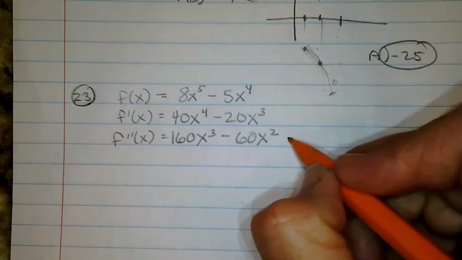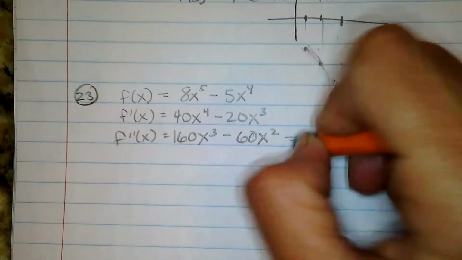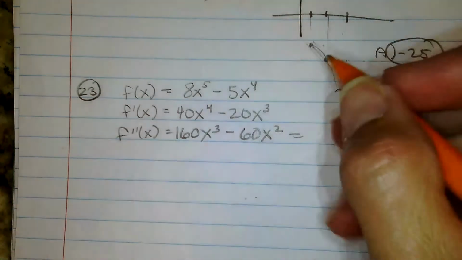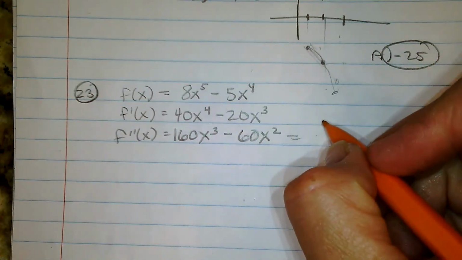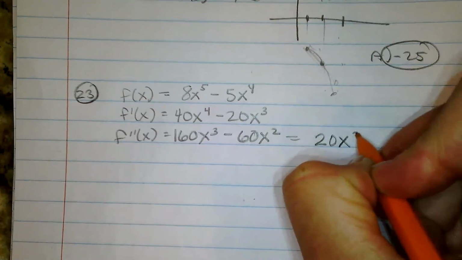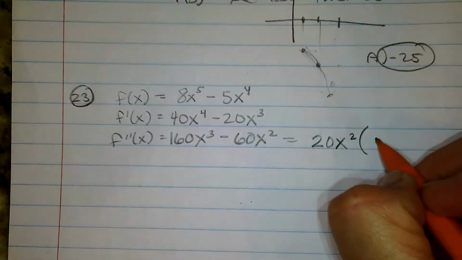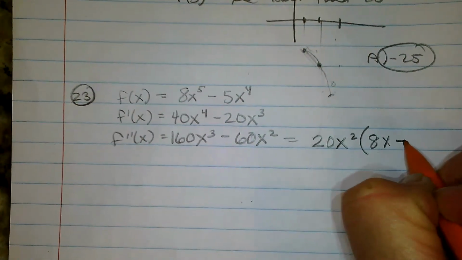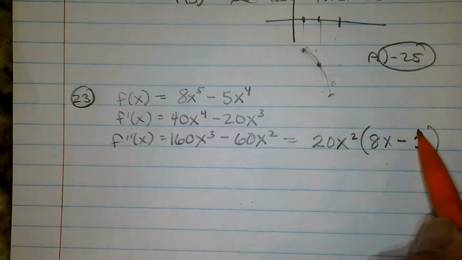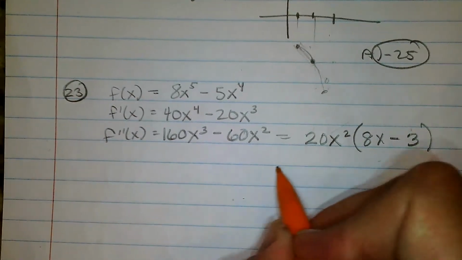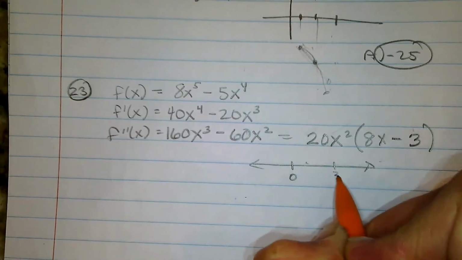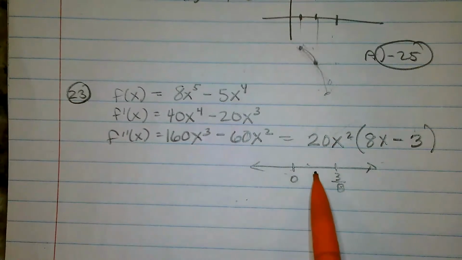squared. So when we factor this out, we can factor out a 20. And 30 doesn't go in, so 20x squared is going to leave me with 8x minus 3. 160x cubed minus 60x squared. Okay, so x equals 0 is a point worth checking, and positive 3/8. Now 0 is a double root, so I feel like it's going to be the same on